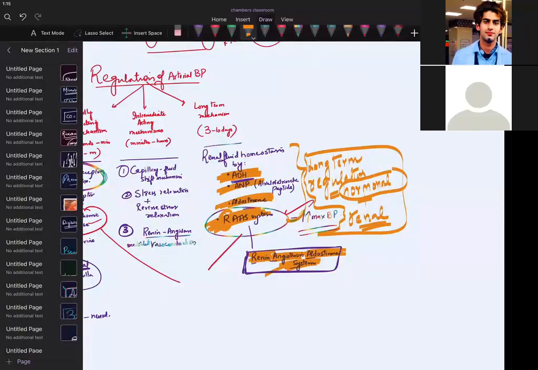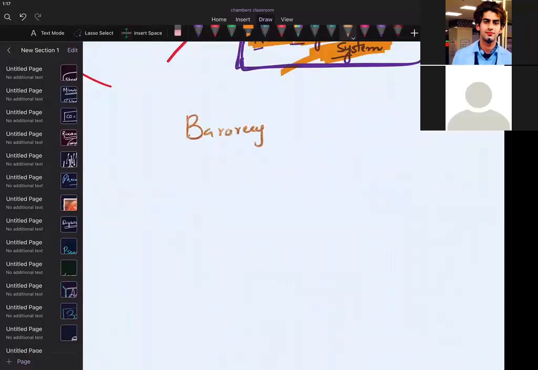Now neural mechanism means you are using some sympathetic activity and some parasympathetic activity. You are using the vasomotor center, the cardiac inhibitory center, the cortical control, hypothalamic control. So we have to discuss them. What is baroreceptor? Can anyone of you tell me? Yes, pressure receptor. Baroreceptors are basically pressoreceptors.